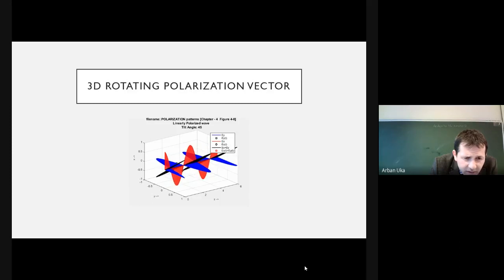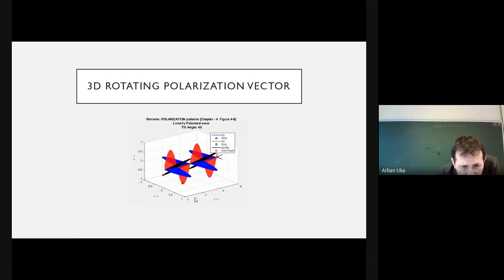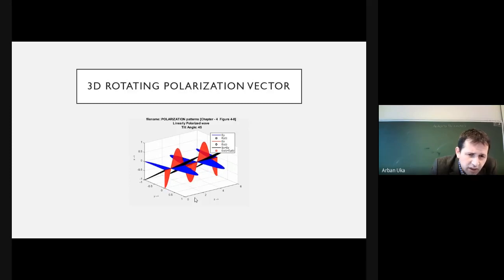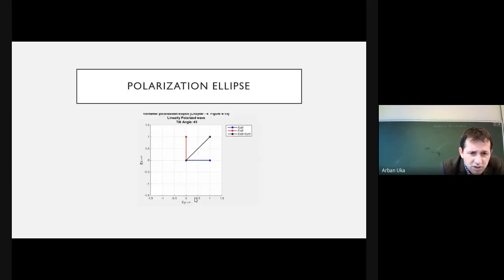So, I'm just asking you to look for these black lines, which are somewhere between 0 and 2. Between 0 and 2, you have these indicators which show how the three components of the electric field change. Three components, we mean Ex, Ey, and Ex plus Ey. And the summation Ex plus Ey shows the direction of the polarization.